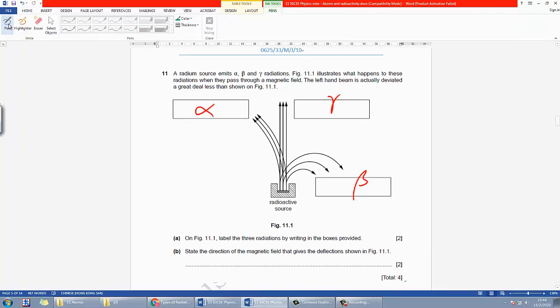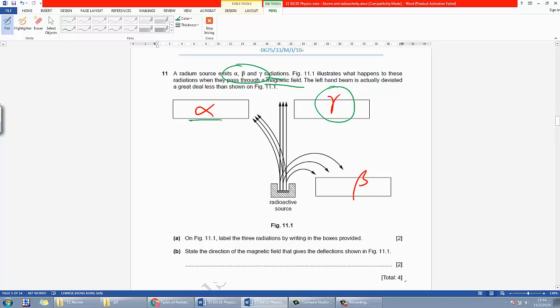Okay, let's take a look at the answer. So for this question, the question tells you that there are 3 kinds of ionizing radiation, alpha, beta, and gamma, and then you have to identify them basically, and they are undergoing a certain magnetic field set. That's why they would turn. So the first answer that I think is a no-brainer, that is gamma, because it goes straight. As we said, gamma does not deflect or does not do anything with the B field,